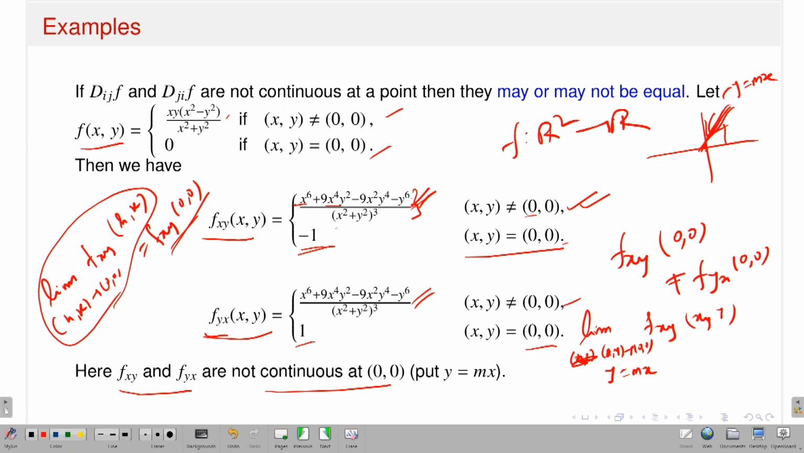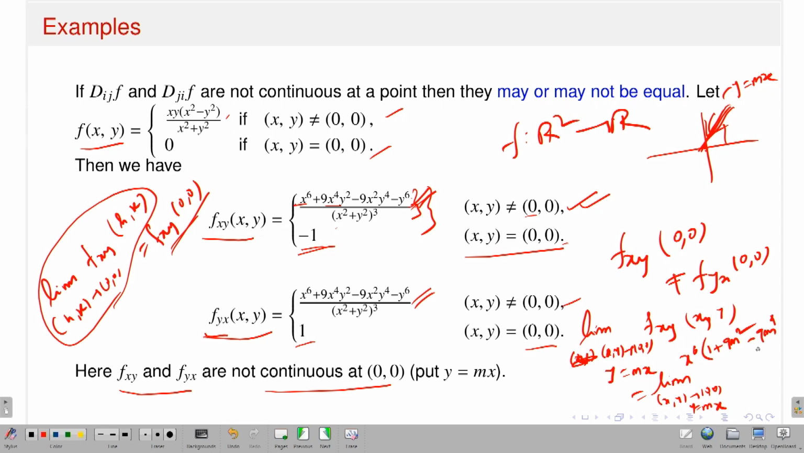Then what will happen? You have the expression, right? So, you put the value. That means this should be the limit as (x, y) approaches (0, 0) along the path y is equal to mx, and then just put the value. If I put y is equal to mx, then x to the power 6 will come out. So, some function of m will remain. The first one should be 1, this should be 9, y is equal to mx, right. So, it should be 9m square,